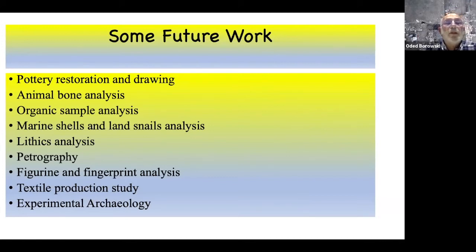And specialists known as zooarchaeologists analyze the bones and can tell us, number one, what domesticated animals were raised at the site and what they can find concerning wild animals, because some of the diet was substituted by wild animals like gazelle or birds. And this also tells us, especially wild animals, a little bit about the ecology of the time,